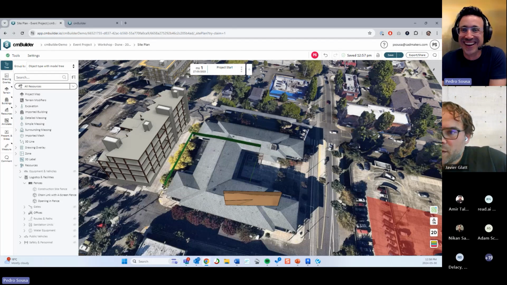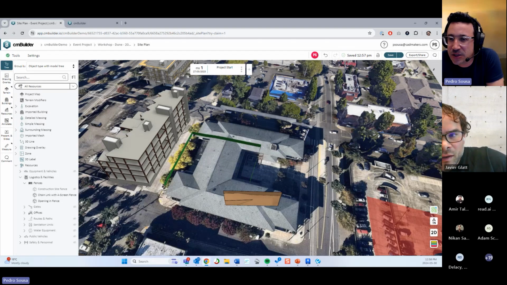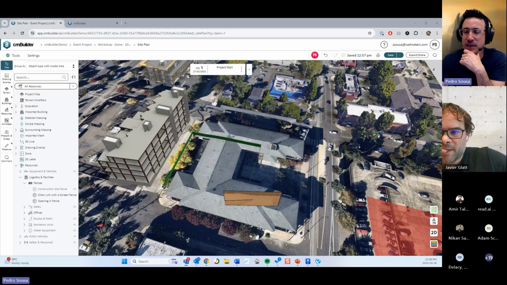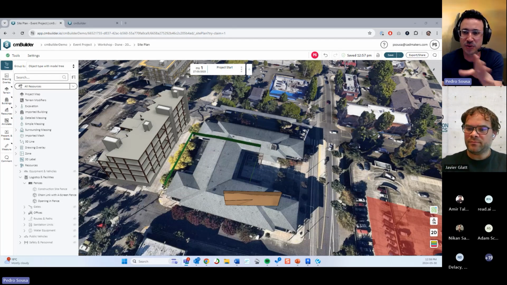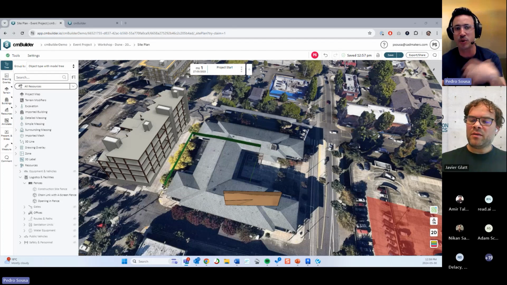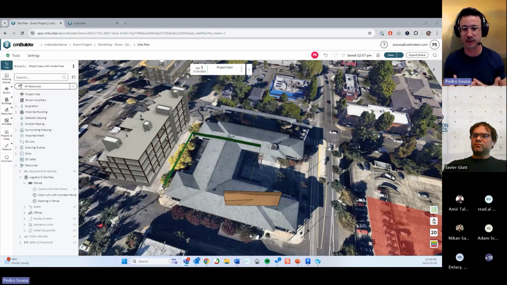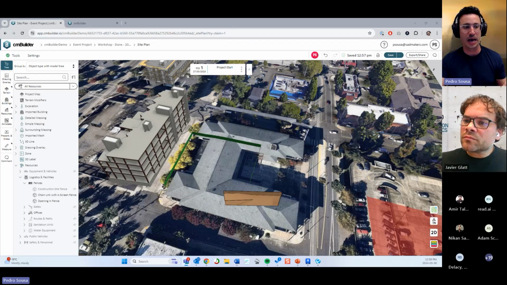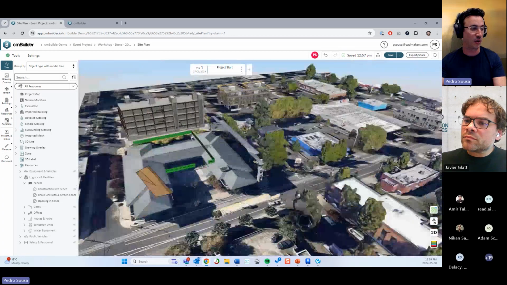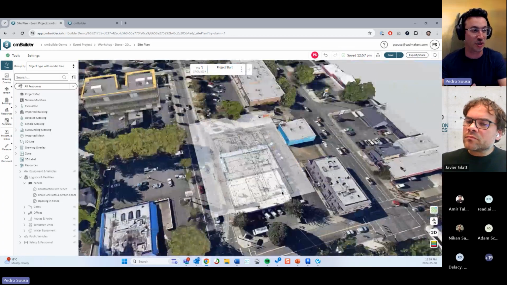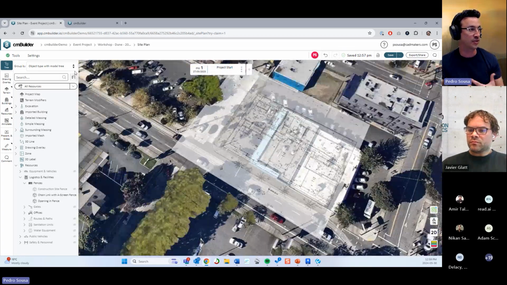Okay, so let's see what Adam mentioned over here. Is there a feature to host utilities to the site file and follow the contours of the grade? What do you mean, site utilities that are already there, for you to create inside cmBuilder, or to import? Because you can import utilities as a model and they will follow the shapes they were originally created with. But in terms of following the grade inside cmBuilder, what we suggest, if you want this to be just